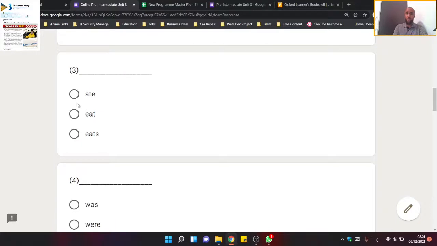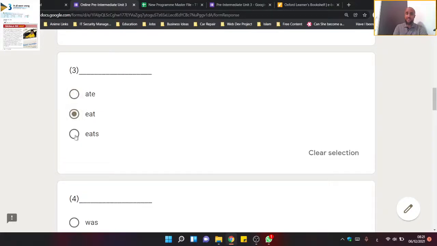So if we look at number three, we have ate, eat, and eats. Okay, so eat is an irregular verb, guys. Irregular. So what do I mean by irregular? So let me switch my camera again. So when I'm talking about a regular verb